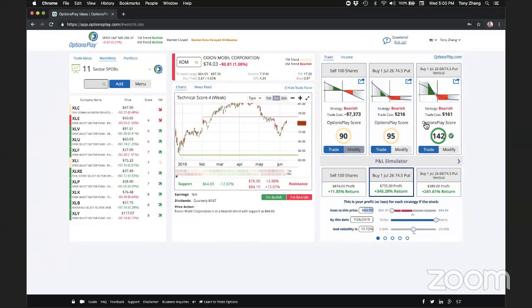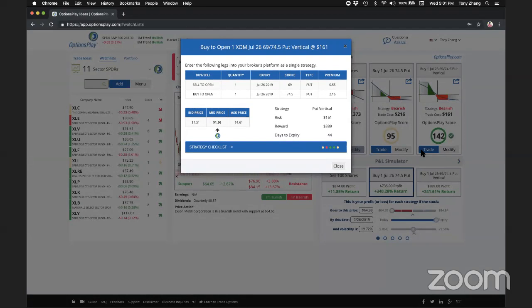So with that, that is the presentation that I wanted to show everyone here about understanding fundamentally what's different about bearish markets, how to go about identifying some opportunities for bearish moves, and then lastly, how do you actually protect yourself in these bearish trades by trading limited risk strategies, by buying a put or a put spread, and really utilizing the power of options play to analyze these strategies before you trade so that you truly understand your risks and your potential rewards before you get into a trade, and clicking on that trade button so that you can enter this trade into your broker's